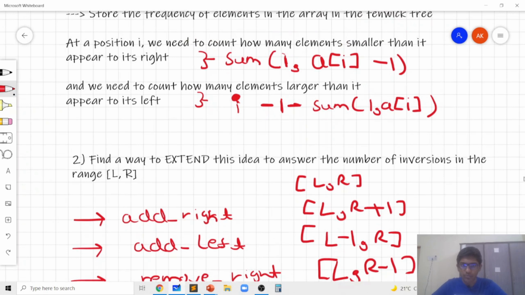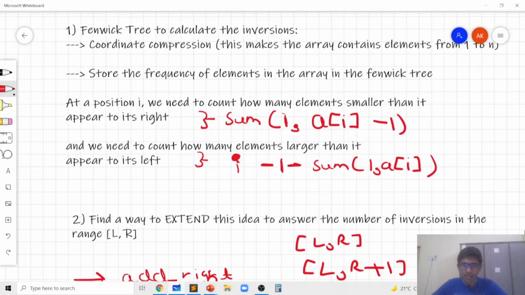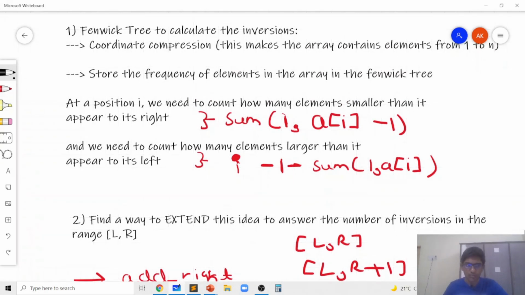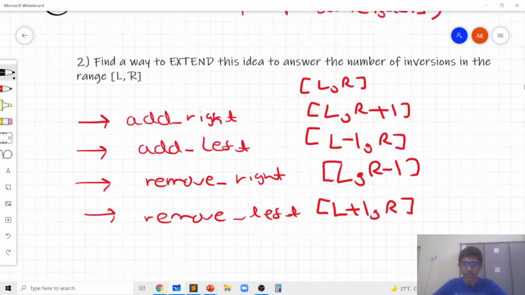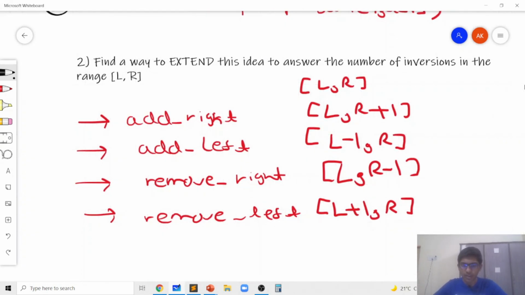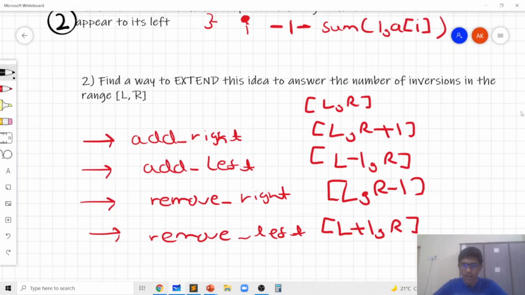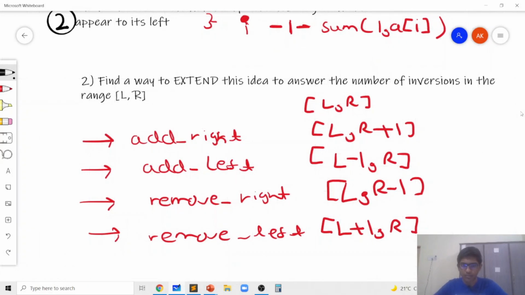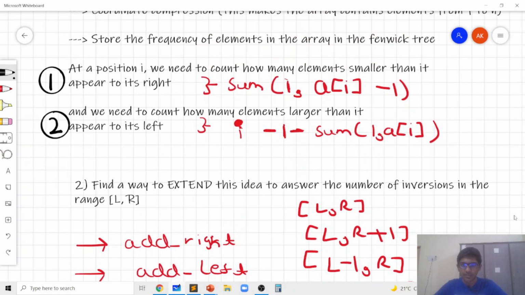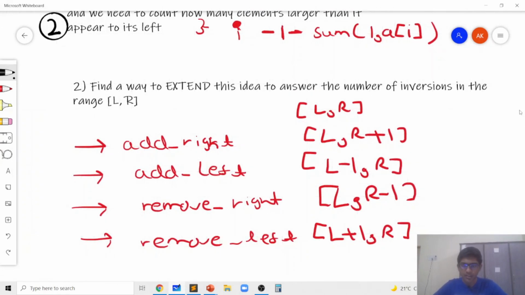Now we need to find a way in which we can use the exact same two ideas. So the key thing will be we need to find a way to use these two ideas to perform these four kinds of operations, and that's the full solution. If we find a way to perform these updates, either an add right or an add left or a remove right or a remove left, then we have basically answered the problem, because then we know how to reflect the change and we know how to extend the pointers in Mo's algorithm.